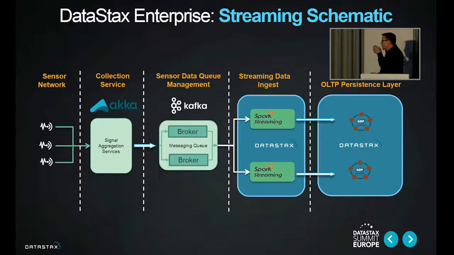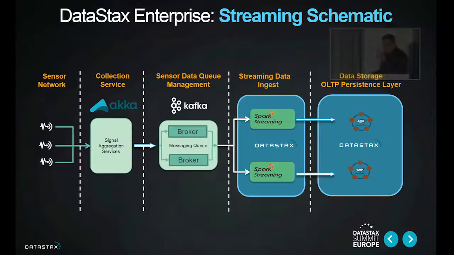Which leads us to a reference architecture which looks pretty much like this. So we have a set of sensors, and those sensors are sending signals. That data is being aggregated by some form of web service. Again, Akka would be an ideal solution for that, some sort of microservices, a resilient distributed web architecture. And that feeds those signals to a Kafka cluster made up of one or more brokers, and those brokers are then responsible for allowing that data to be consumed by one or more Spark consumers. The Spark consumers then do whatever processing they want, and then they can persist that data into the Cassandra database.